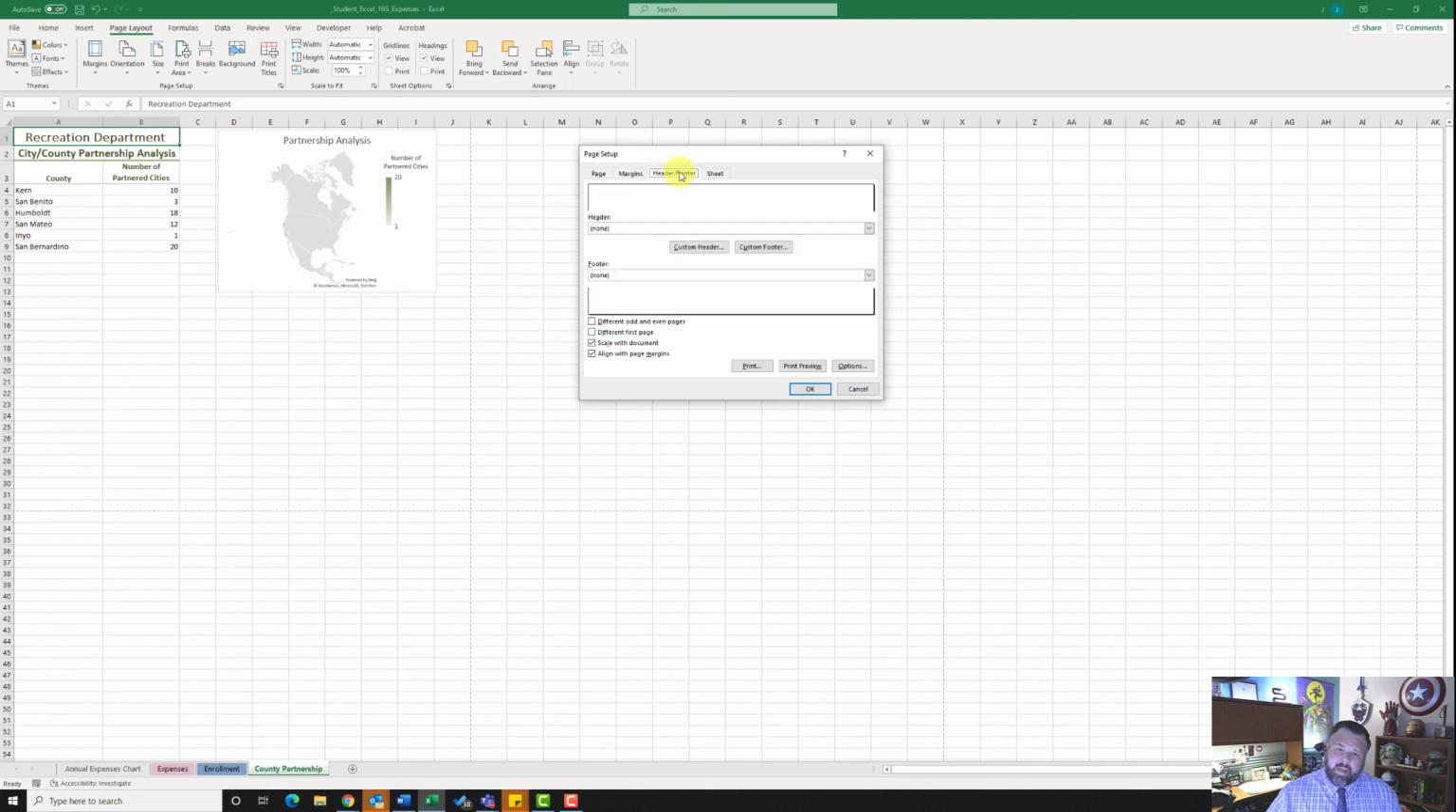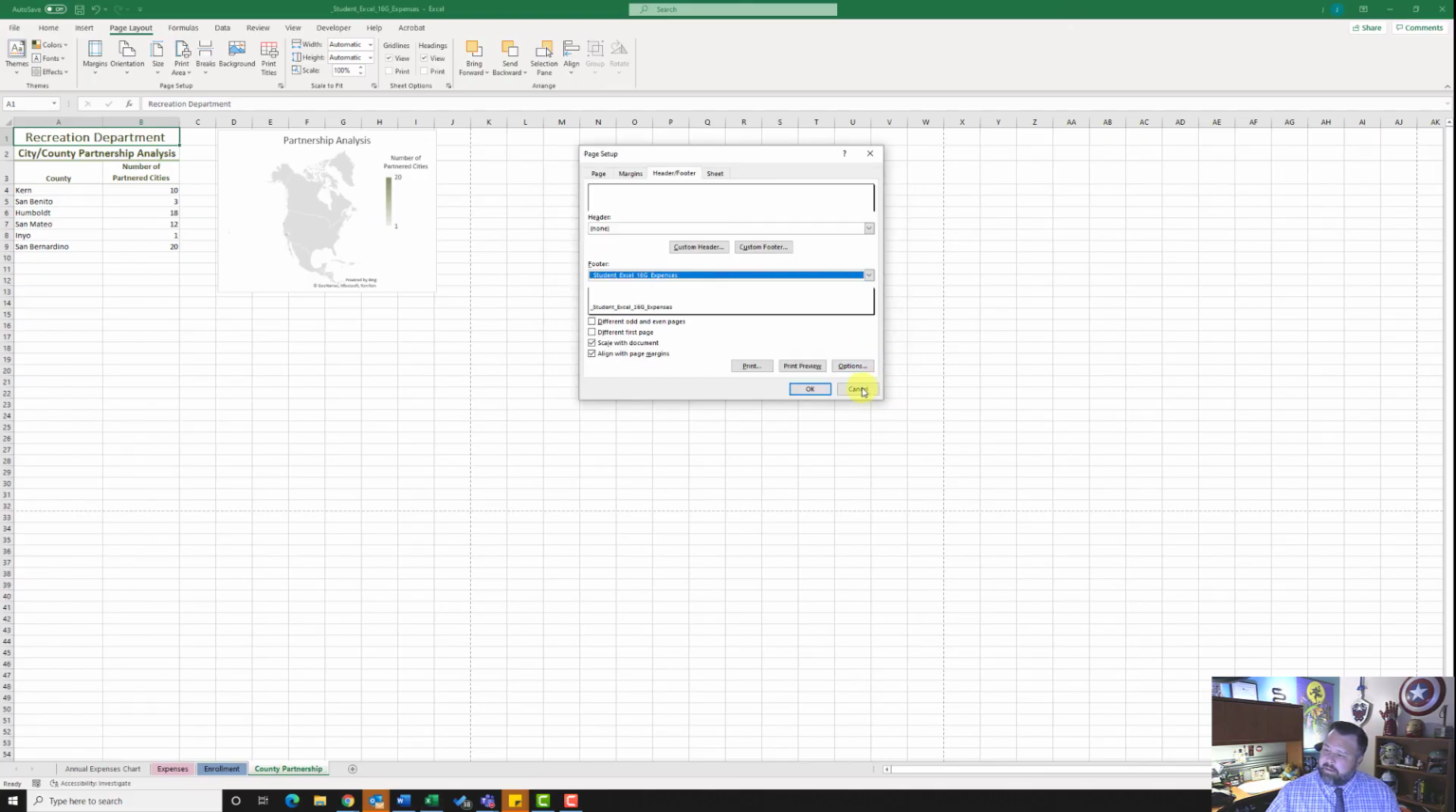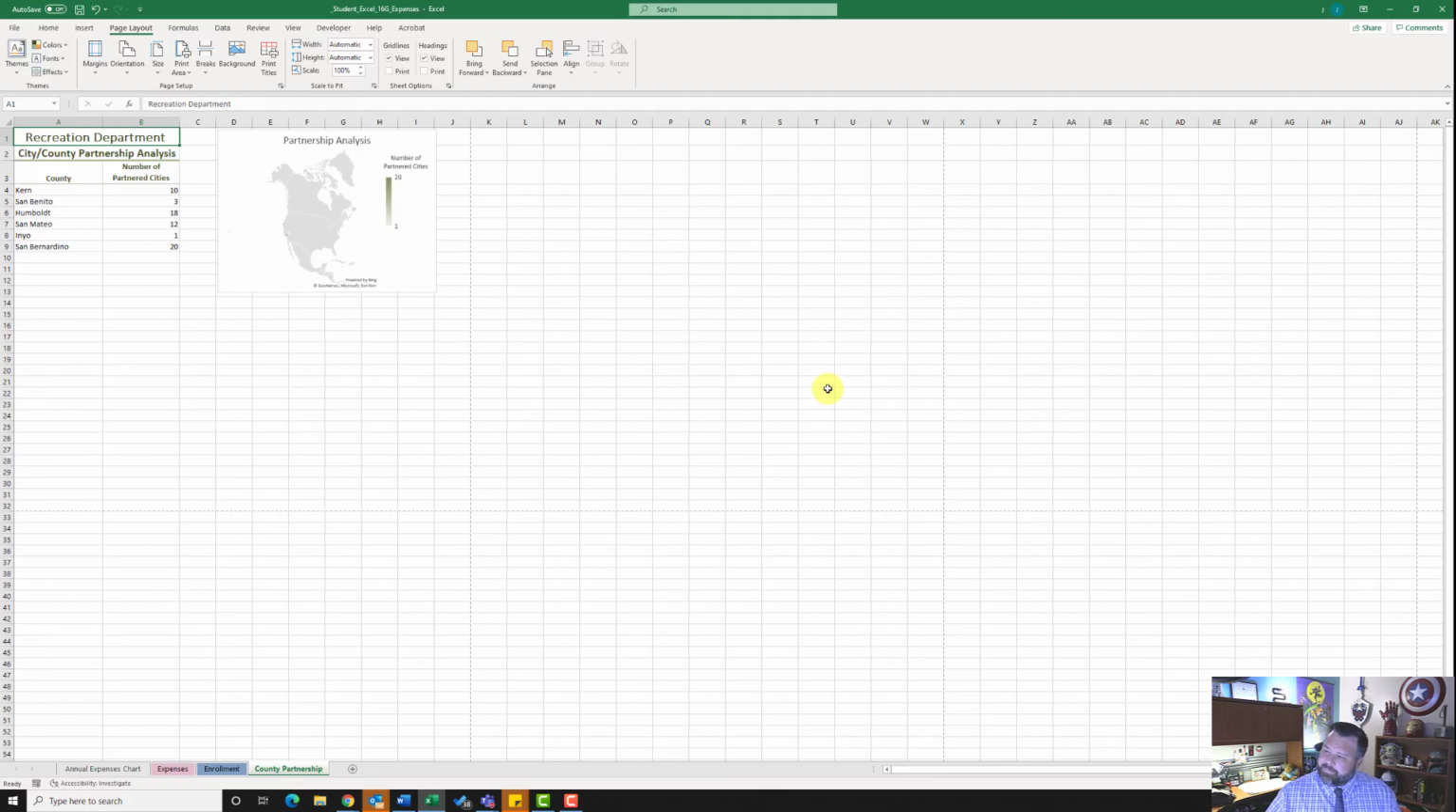I'm going to go ahead and do a header footer. I'm going to click on custom footer. It wants me to put in the file name in the left section. So file name in the left section, hit OK. Go ahead and hit OK. And we want to add in